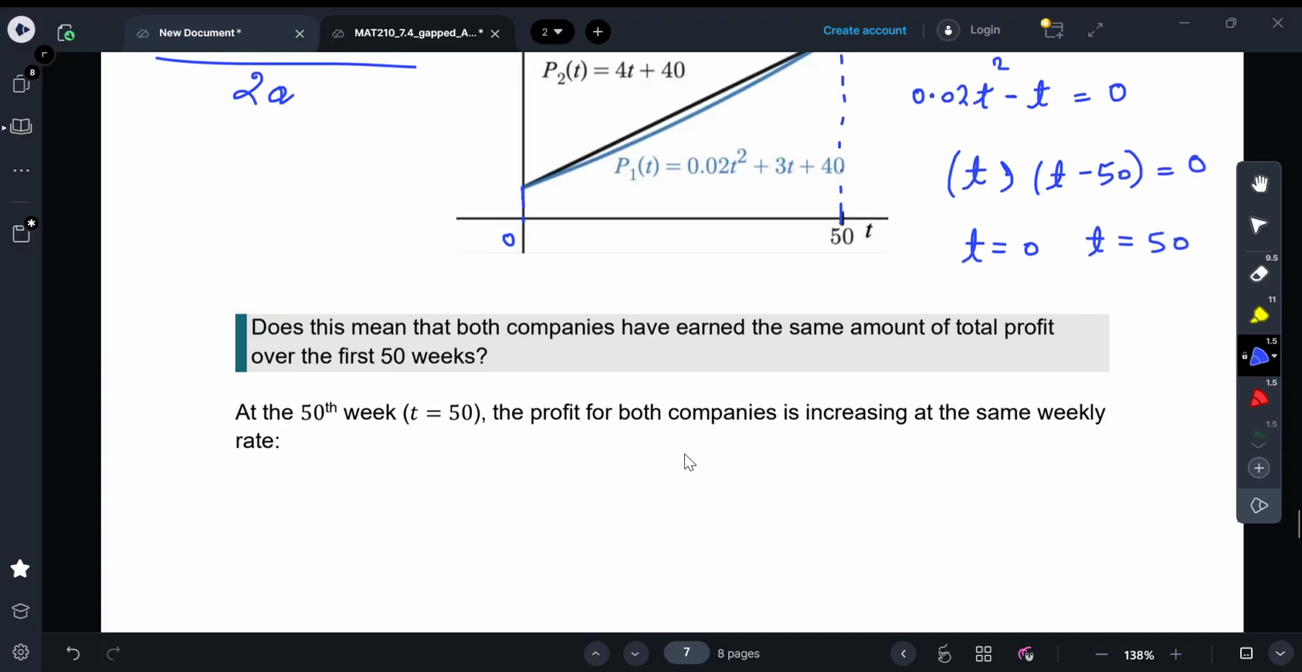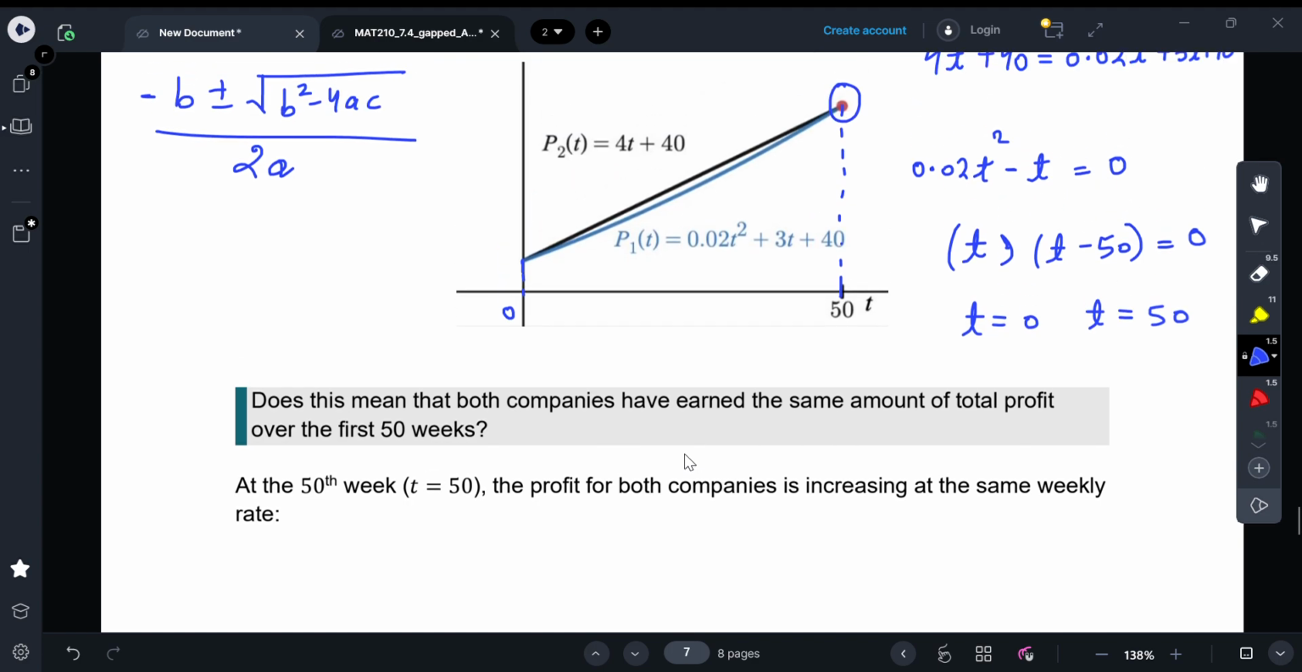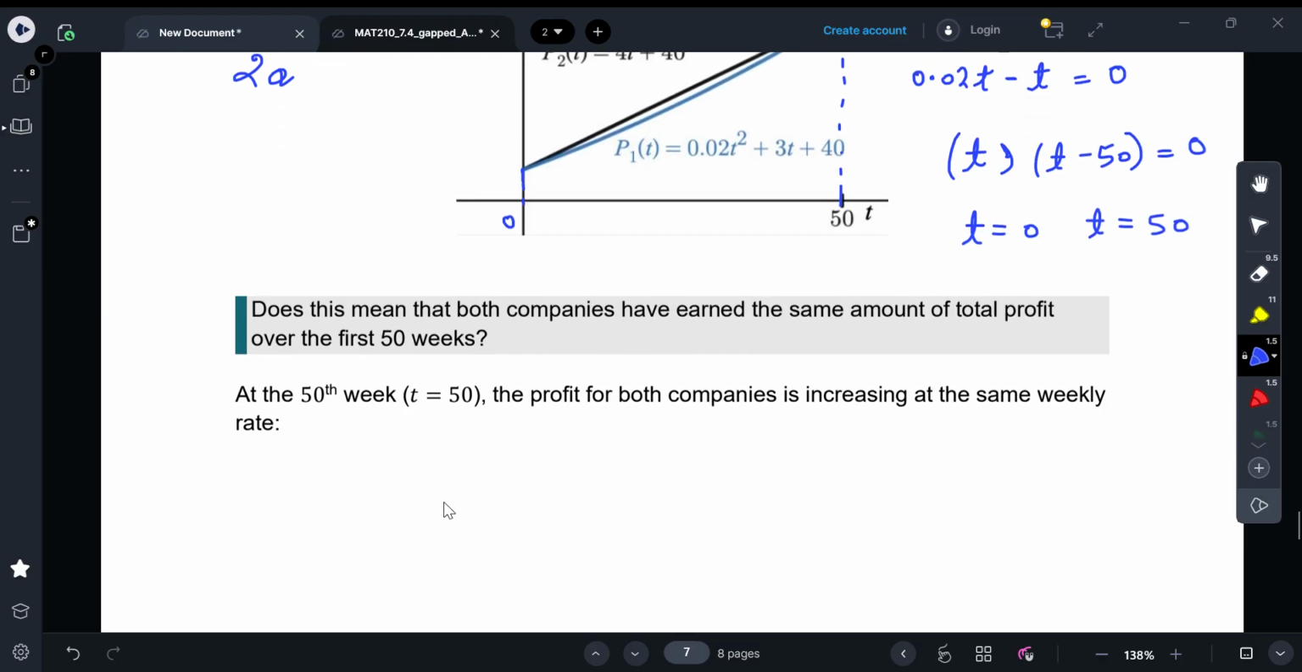Now, does this mean that both companies have earned the same amount of total profit over the first 50 weeks? Well, clearly not, because the first company looks like it's lower, right? Let's check. At the 50th week, the profit for both companies is increasing at the same rate. If I were to calculate the profit at just the 50th week, P1(50), okay, I plug in the function for the first company,